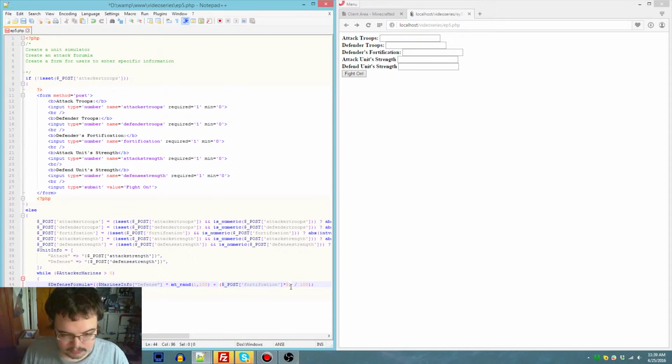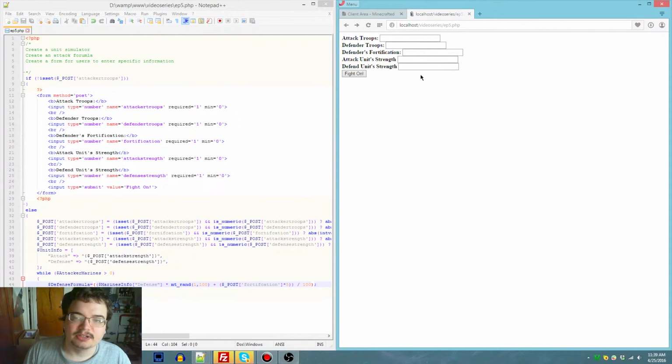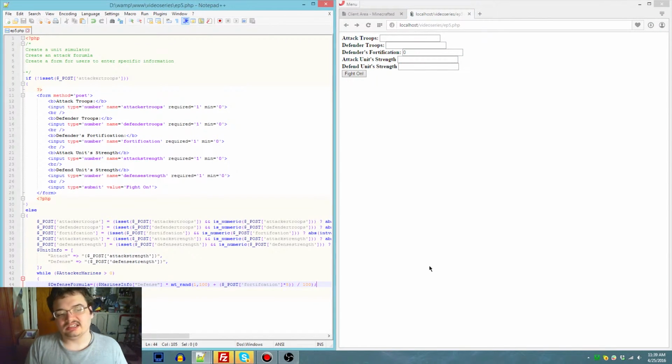Okay, well, we need a parentheses there. Okay, that looks good to me. Refresh. Make sure. Here, actually, you can see these have a little number thing. There we go. Okay, that's the defense formula. The attack formula